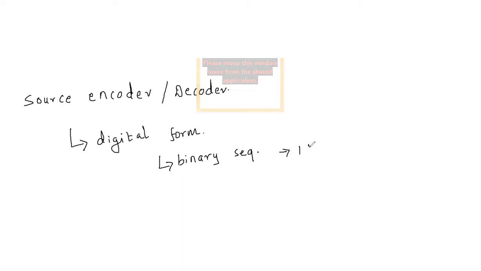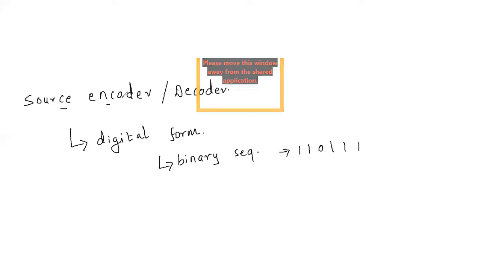Right? So once the signals are converted to digital form, this digital form is nothing but a binary sequence. Binary sequence, what is that? We already know it is a stream of ones and zeros, right? Whatever the source of information, it is analog in nature, and whether the information is audio, text, video, image, sound, speech, voice, anything, it will ultimately be converted into binary form by the source encoder.